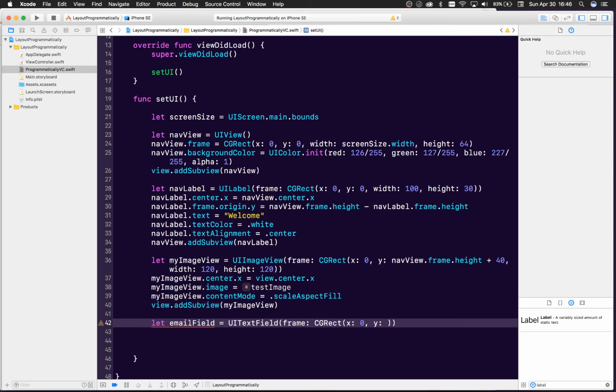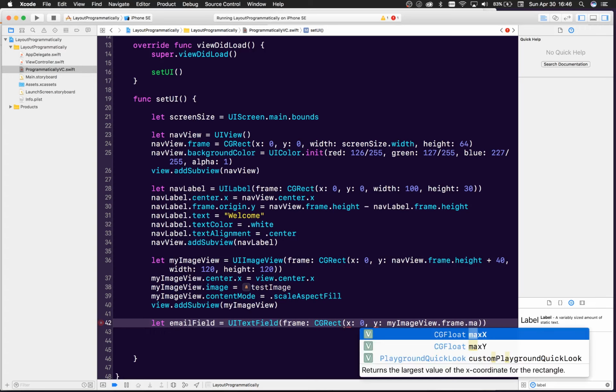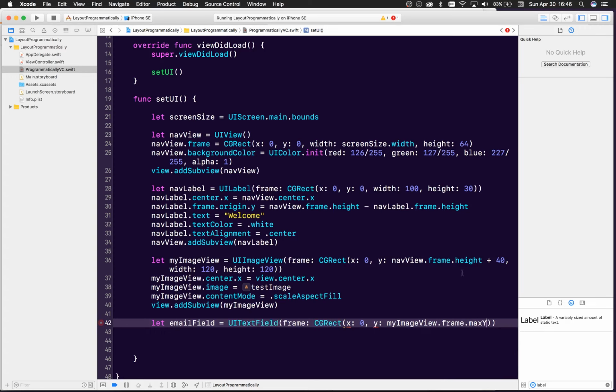Y is my image view dot frame dot height, or no, that doesn't work properly. So we'll do frame dot max y. This will get me the very bottom of my image view, and we're going to do plus, let's say 30, because we want it to be a little bit closer, right? Something like that. And then the width